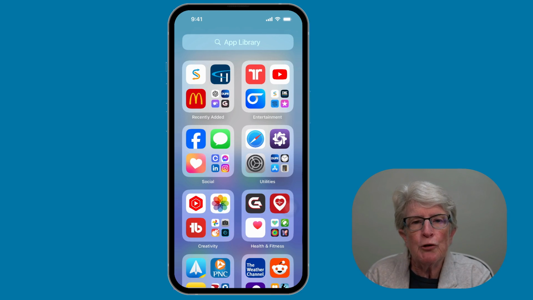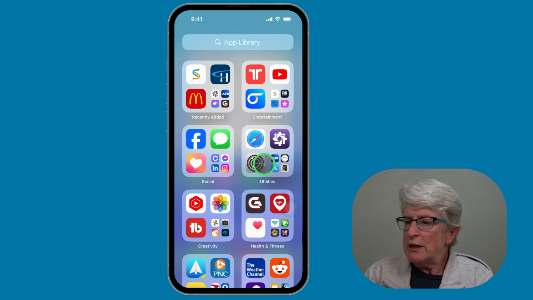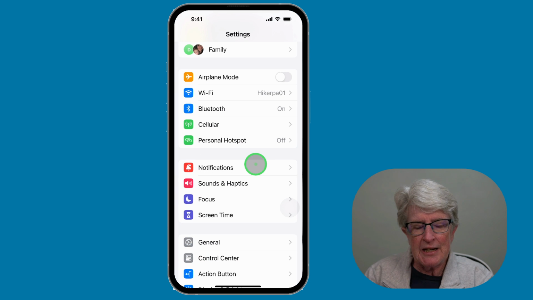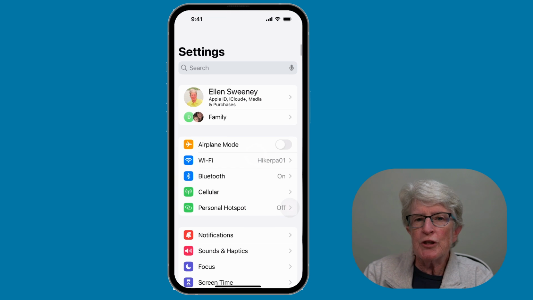Let's get started. Take note that while I'm showing you this on an iPhone, you should easily be able to use the same instructions on your iPad. There are numerous free apps on the App Store, apps that can help with productivity, convenience, fun, and lots more. If you want to download free apps without entering your password on the iPhone or iPad, this video will make it easy. What we'll need to do first is open the Settings app and then scroll to the top and